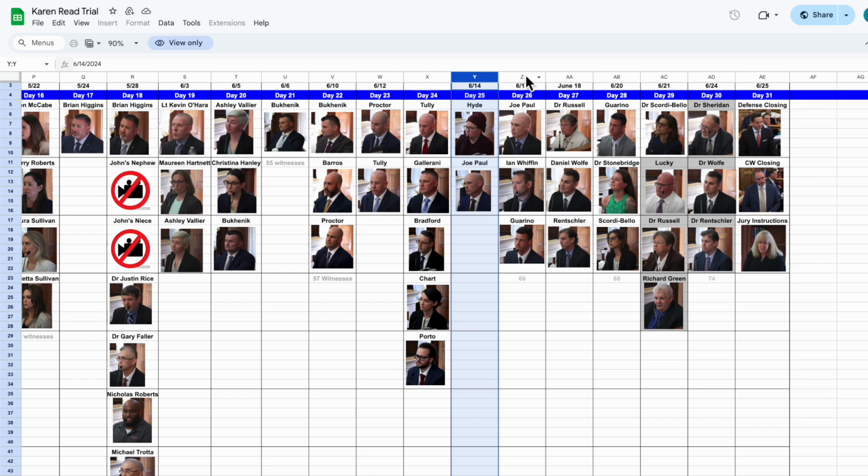Day 25 zigzags back to Jennifer McCabe's testimony 9 days prior, give or take a weekend, where Miss Hyde tries to baffle the jury with BS about the 2:27 a.m. search the night of. Then we switch to Trooper Paul's testimony back to the morning of. Then when he's done confusing everybody on day 26, we switch back to Ian Whiffen, who testifies again about the 227 search the night of, before closing out the day with Trooper Gorino switching back to the morning of, the